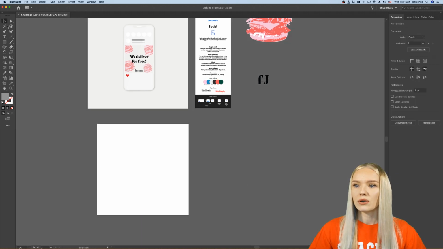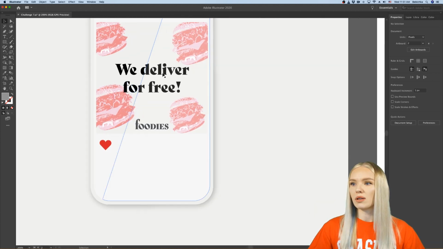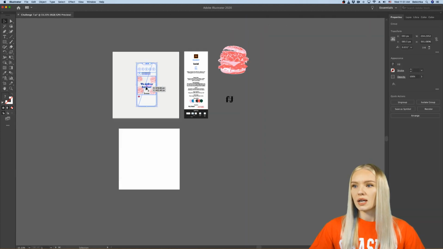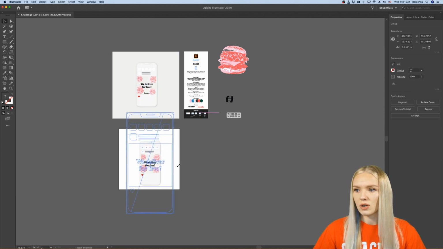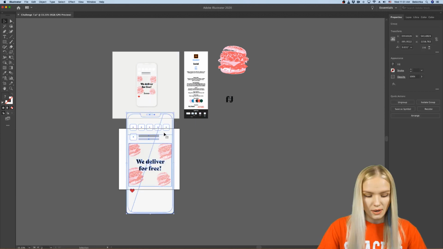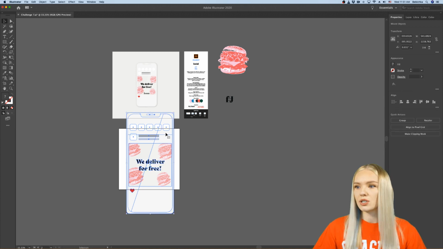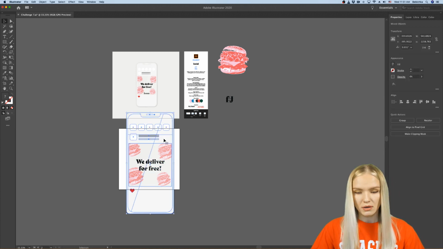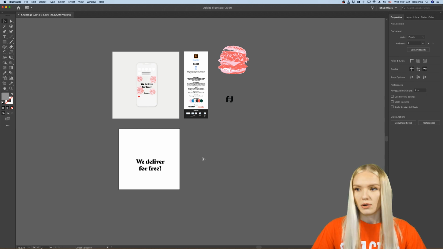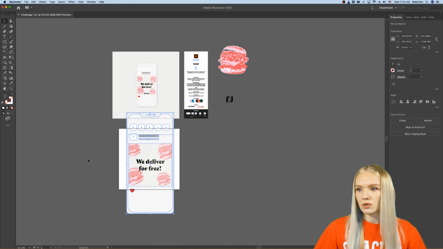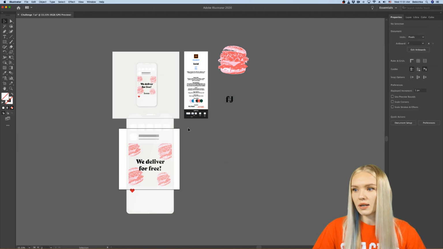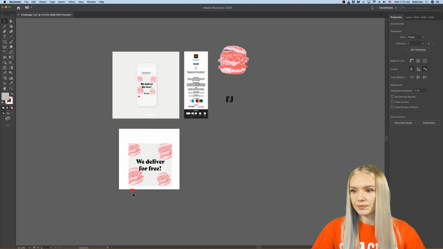And now what we are going to do is grab all these things that we have here. Let's see, I'm just going to copy paste this. Okay, and I'm just going to remove everything that I don't need. I'm going to ungroup this, Command Shift G, and select all the things I don't need. Oops, there is more grouping going on here. So I'm just going to ungroup all of that and remove all the things that I don't need.